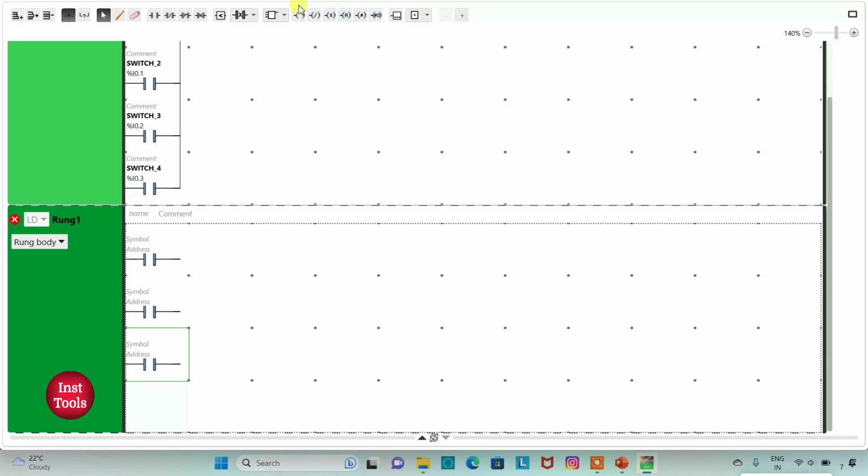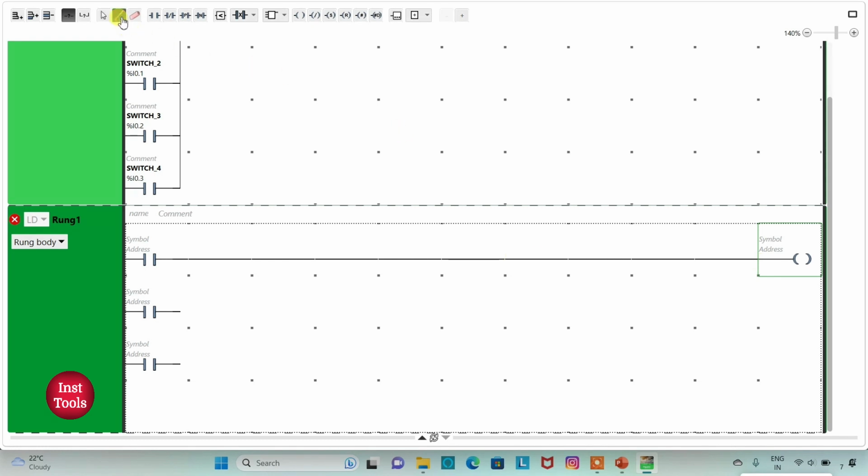And then a coil. Now I will connect these normally open contacts like this. Now I will add address to these contacts. I can directly add symbol as switch